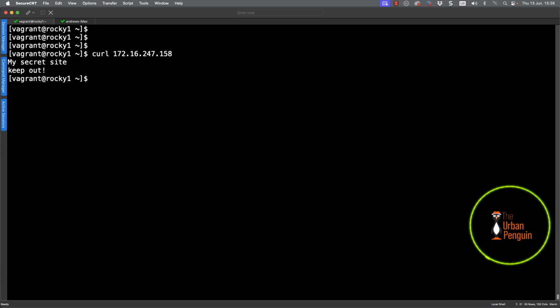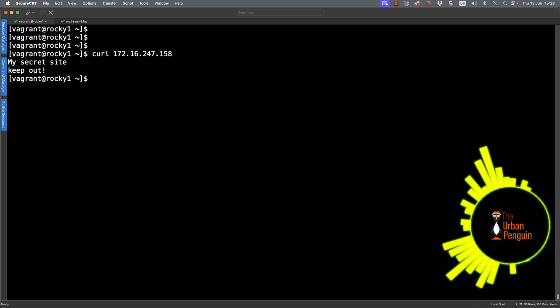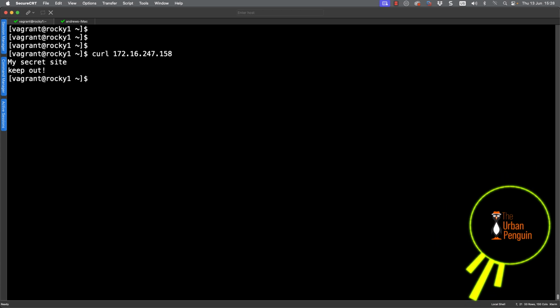However, because it's such a secret site, I'm concerned that my communication is in clear text over the network. So, of course, I need to be able to protect it. But it's an embedded device. It doesn't work with HTTPS. So what options are open to me?